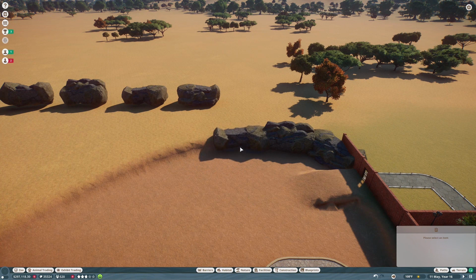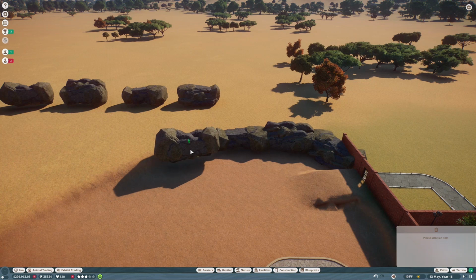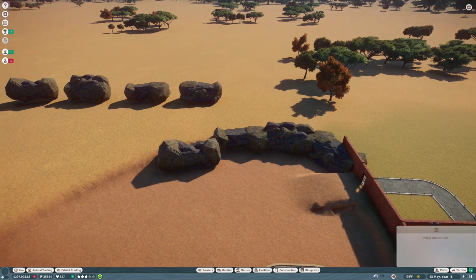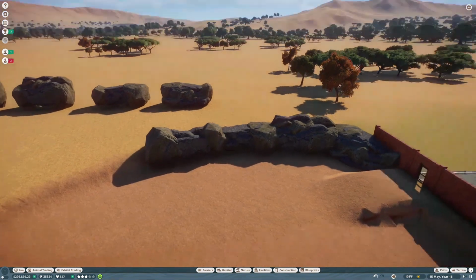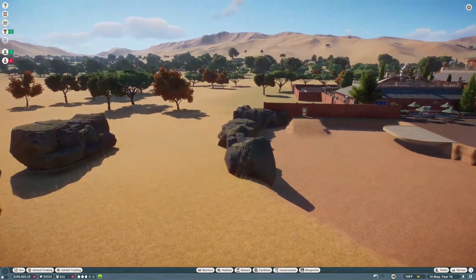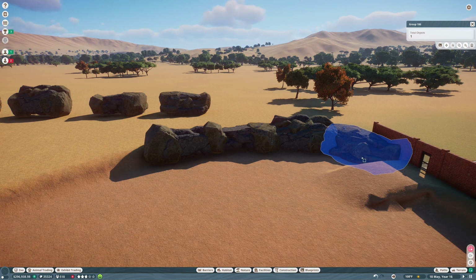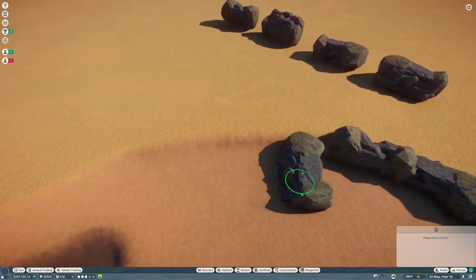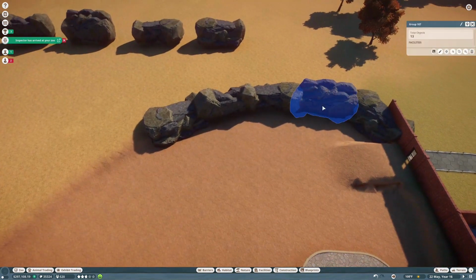Take this one. You see what I'm doing is I'm kind of creating a little bit of a pattern, so it doesn't always look the same. Just like that. And then we can group all this together and just start copying it around. And then when you add foliage to it, it'll all come together a little bit better. Foliage is a good way to hide when you duplicate something,